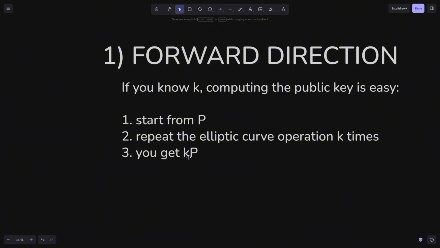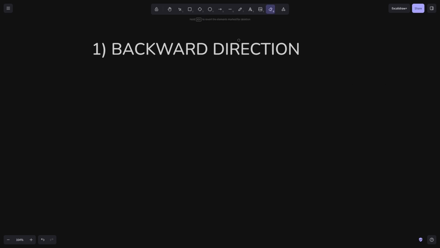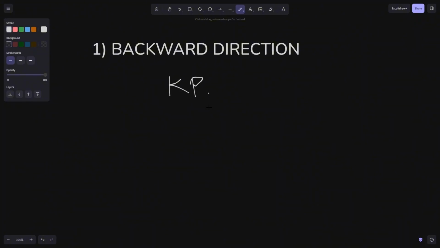And at the end, you get your final point, that is KP, right? So if we know the private key, computing the public key is easy. Now in the case of the backward direction, let's flip the scenario a bit. Let's assume that you are given a public key, that is KP, which is also the last point on your curve, and you are also given P, which is the generator or initial point, and you have to find